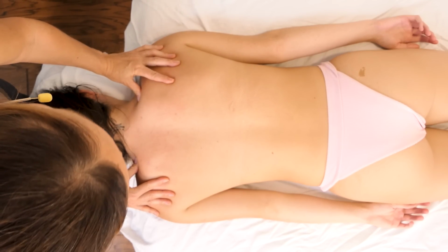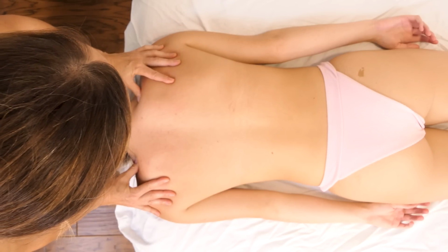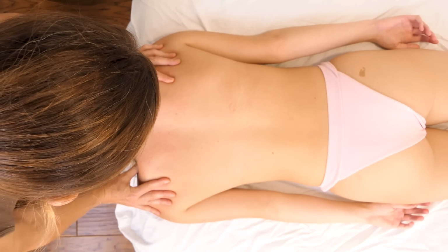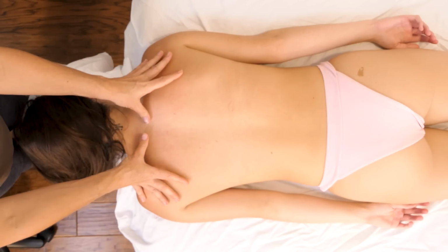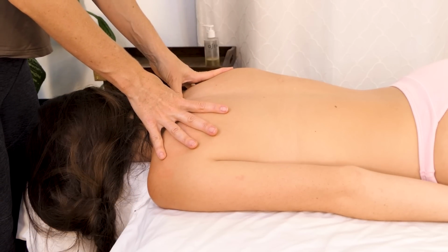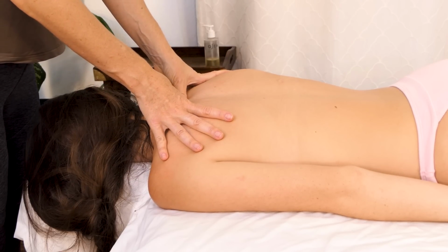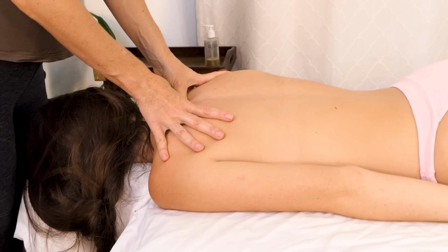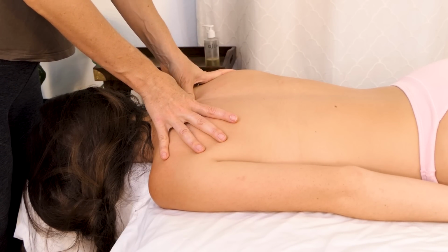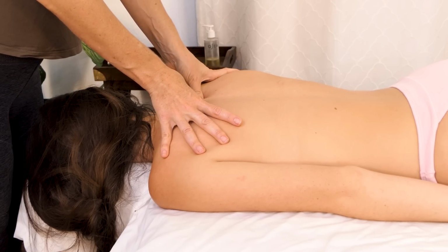Really being patient with these levator muscles and just gauging my pressure. I'm going to start to introduce a little bit more pressure in these rhomboid muscles with my thumb. I'm not going to be working a whole lot on these rhomboids, but anytime